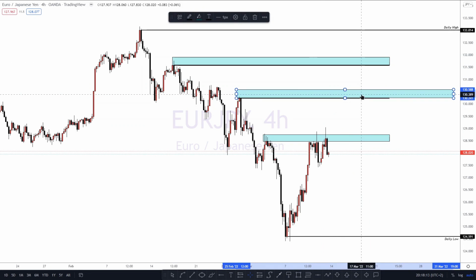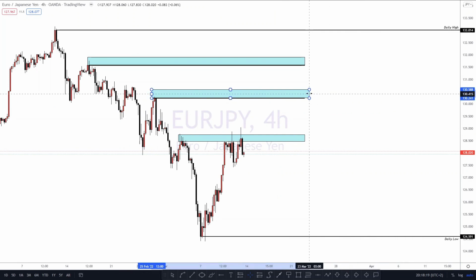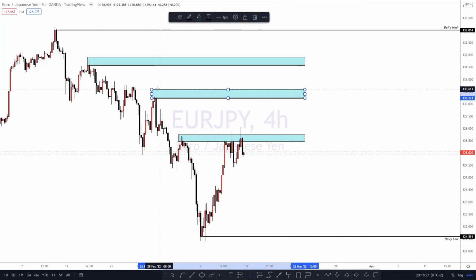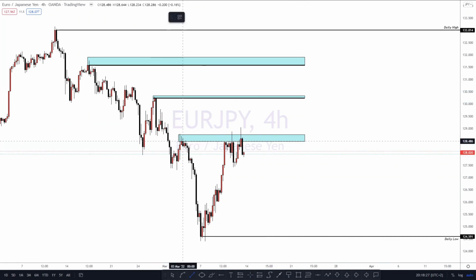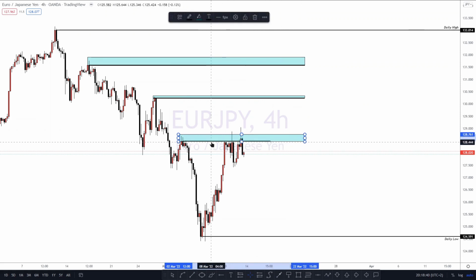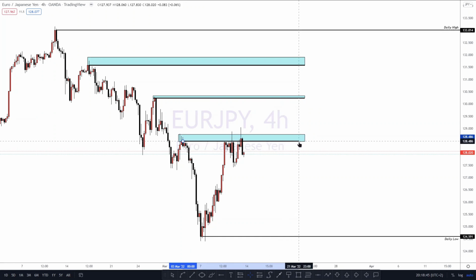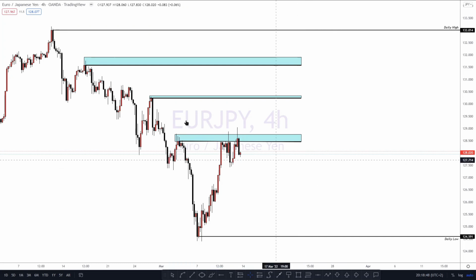And from there, I'll also be consistent with my levels and how I'm doing them, because I use the body and instead of the wick. So I'll start from here, just come here, and then now with the rectangle, I cover the entire wick from body to wick. So I also extend this to here. As you can see, these are lower highs and price has been bearish.